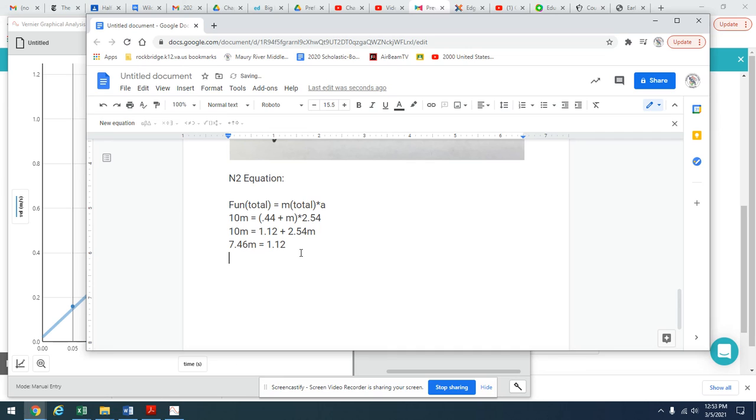And then last, I want that capitalized very much. 1.12 divided by 7.46 is 0.150. That's going to be in kilograms. Okay. Now,